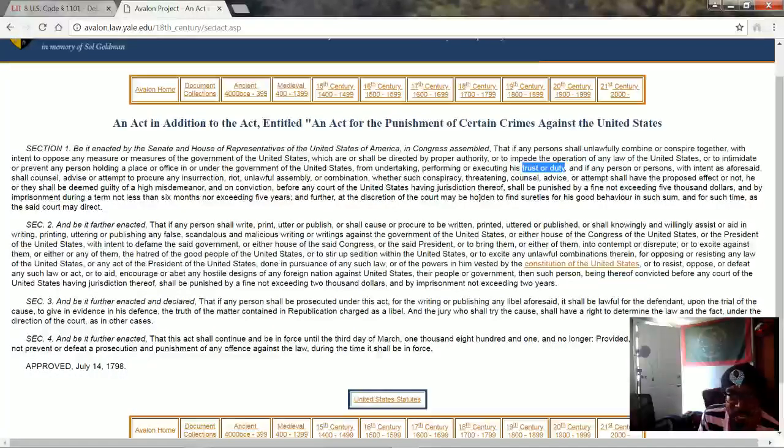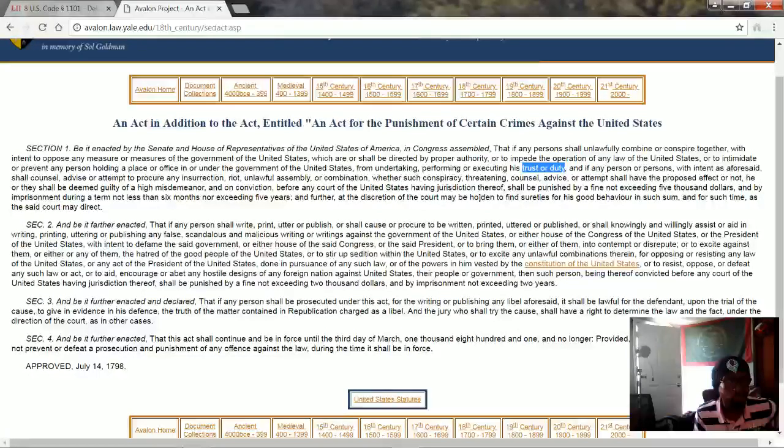or disrepute, or to excite against them or any of them the hatred of the good people of the United States, or to stir up sedition within the United States, or to excite any unlawful combinations therein, for opposing or resisting any law of the United States, any act of the President of the United States done in pursuance of any such law, or of the powers in him vested by the Constitution of the United States, or to resist, oppose, or defeat any such law or act, or to aid, encourage, or abet any hostile designs of any foreign nation against the United States, their people, or government, then such person being therefore convicted before any court of the United States having jurisdiction thereof, shall be punished by a fine not exceeding $2,000 and by imprisonment not exceeding 2